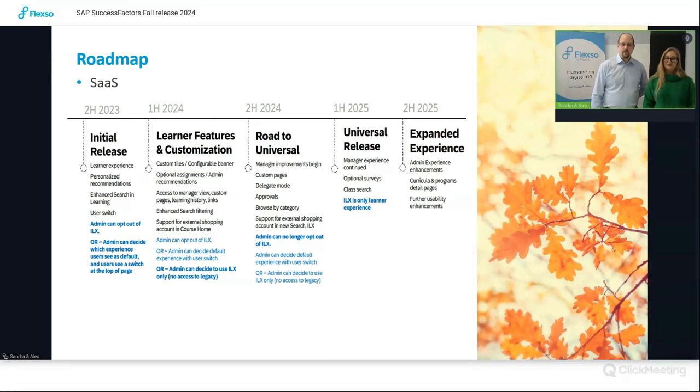Also here we have a new version, the latest or new learning experience, or as it's officially called, the ILX, integrated learning experience. This started already with second half release 2023. And now with this release, they basically reach the same functionality level as with the old version, the legacy version. And with the next release, it will then be pushed so that you need to use the new